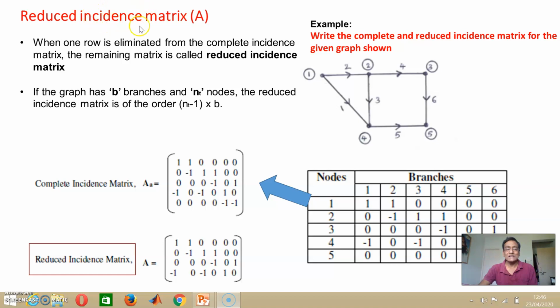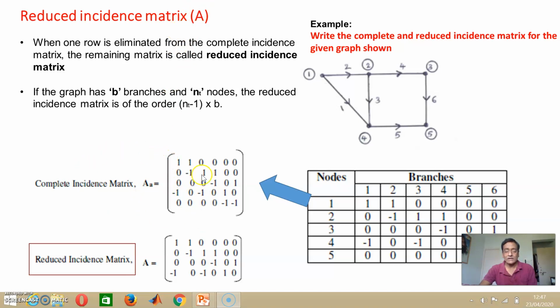And as all of you know, the incidence matrix was giving a complete picture about a network graph, like how many nodes are there, how many branches are there, which branch is connected to which node, what is the direction of current in a particular branch, and how many branches are connecting a node where some currents are entering and leaving. Every piece of information was incorporated in a complete incidence matrix that you can see here. I think you can see my cursor, which is moving here. In the complete incidence matrix Aa, the suffix small a has been removed here. If I keep only A, it becomes the reduced incidence matrix.